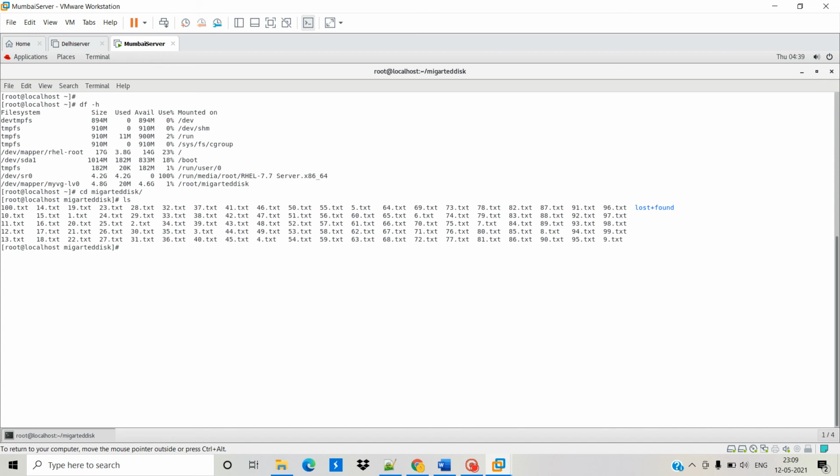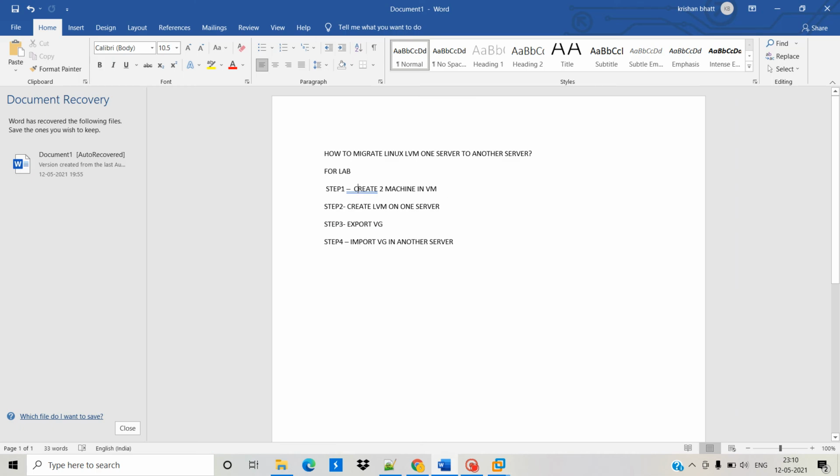You can also remember we made a file on this: 1.txt. This is data of Delhi server. So we completed our lab here. Thank you.